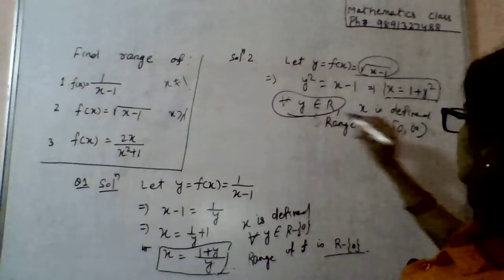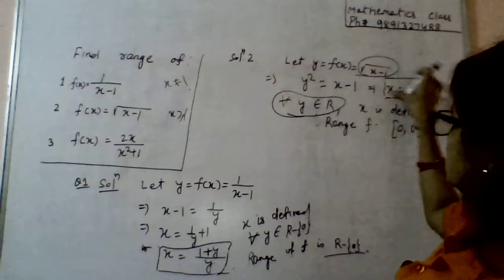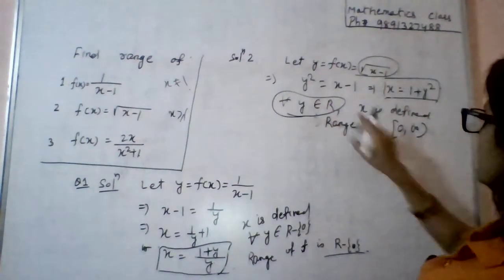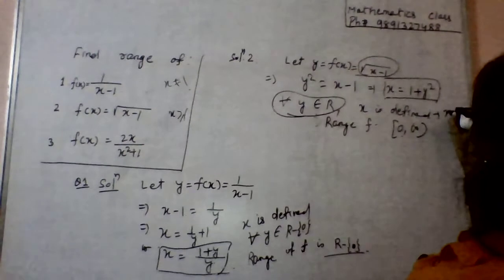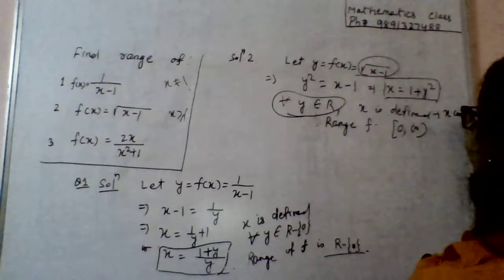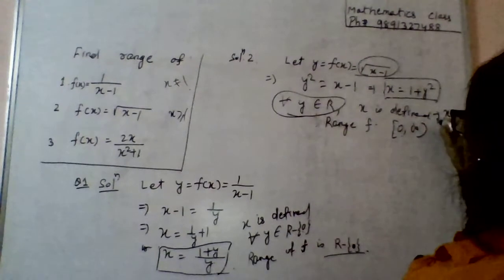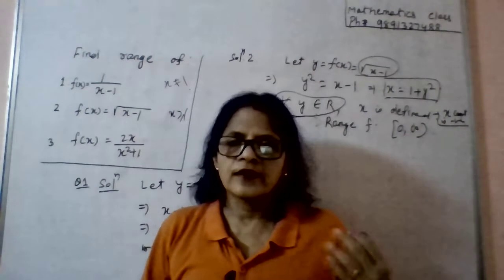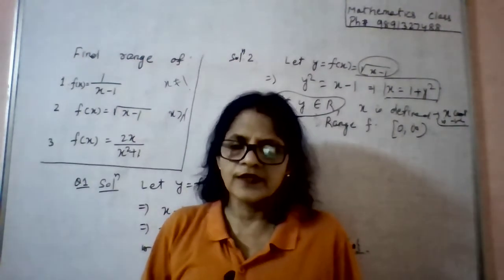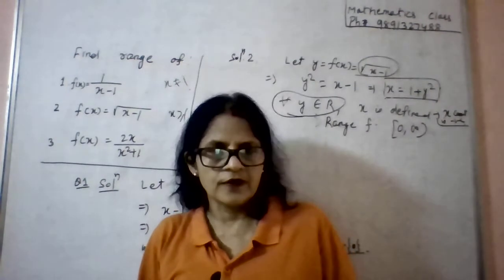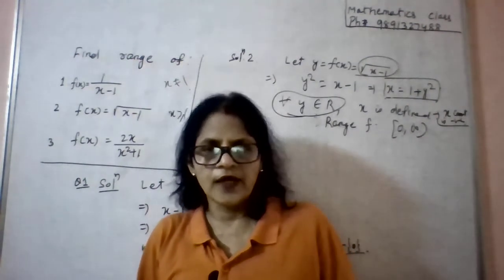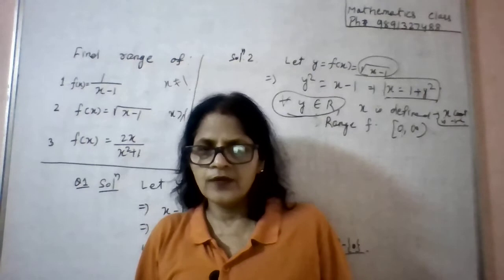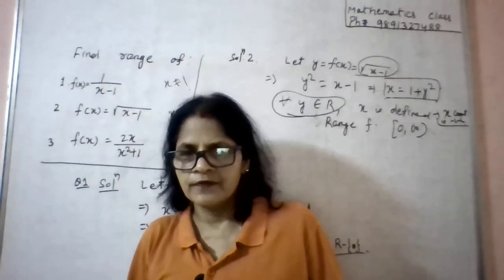So here for all y belongs to R, but even if you are getting like this, you have to go back to the definition of the function. So here we write x cannot be negative. So just to ensure your range and domain, one suggestion: if you draw the graph of the function using any graphical tool like GeoGebra, then you can ensure why it can't be negative.